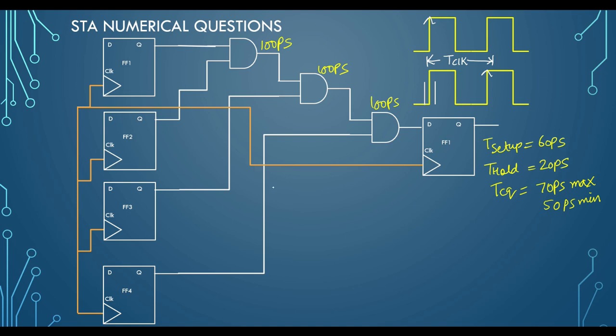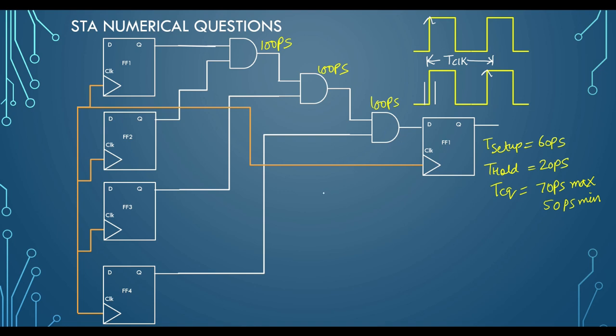Now, based on the setup time concept, the shortest path is the one with only one AND gate, and the longest path has three AND gates. For setup we need to do the worst-case calculation, and the worst case happens to be the flip-flop one to capture flip-flop path. Hence this is the maximum path and the setup critical path, so we will consider this path for our calculation.